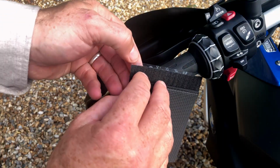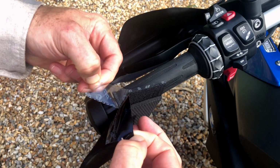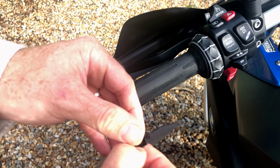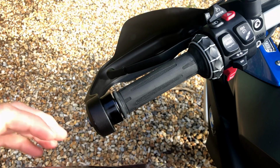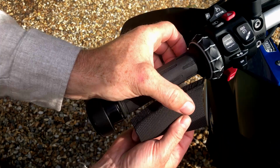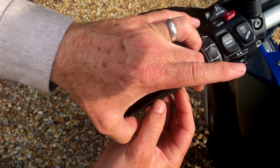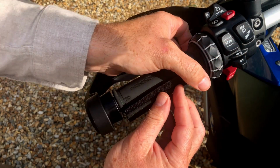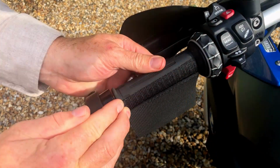Then we simply need to peel the adhesive backing or the plastic backing off the velcro, and that should pull away from the stitching, it says. So there we go, that's that done. And just lining this up, the seam wants to be, as we say, just about where my fingers finished, so I'm thinking around here. So we then apply the velcro sticker down like so,